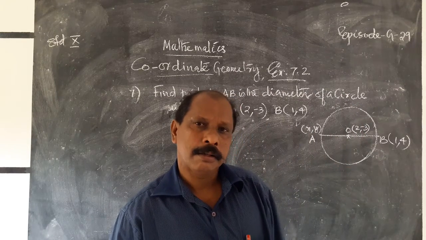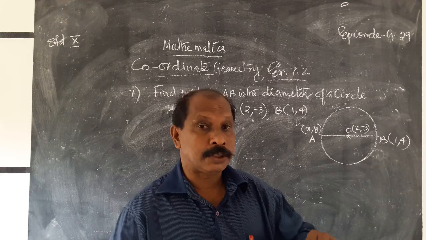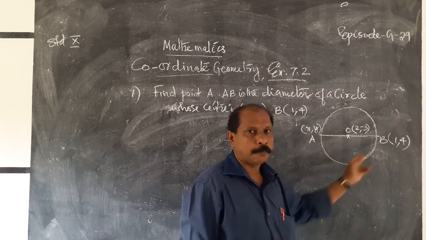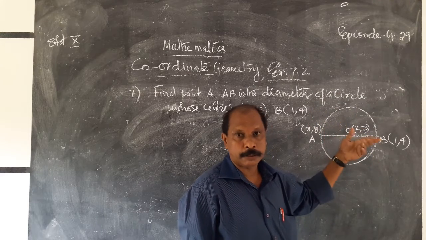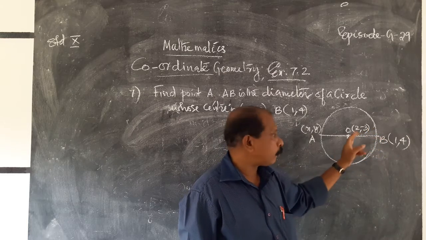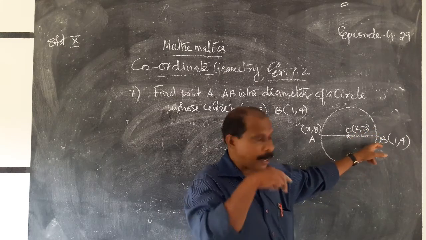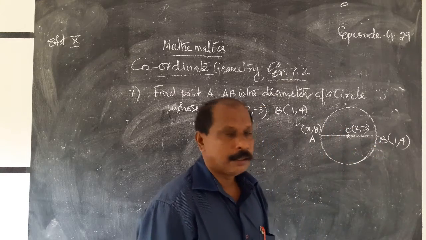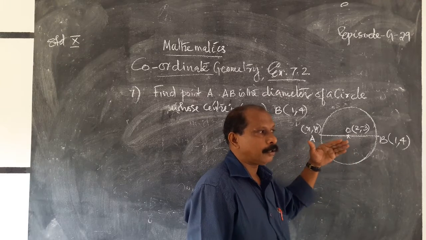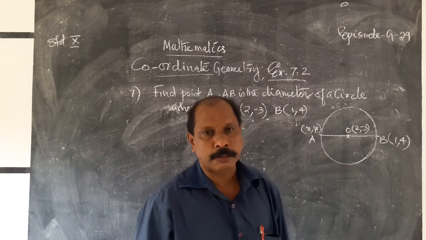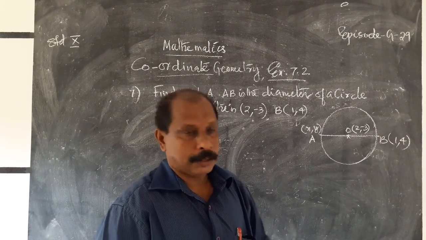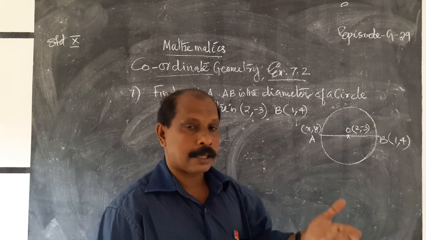What is a circle? That is a union of all points equidistant from a fixed point in a plane. That is the group of all points equidistant from a point. Or any point moving with respect to a fixed point, and the path traced by that point is a circle. The fixed point is the center and that path is known as the circumference of the circle. The distance of any point from the center is the radius. Twice the radius is the diameter.